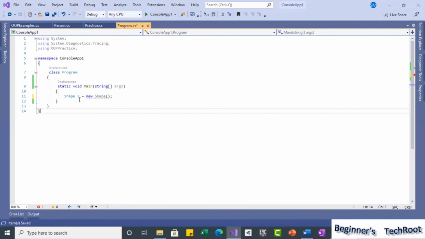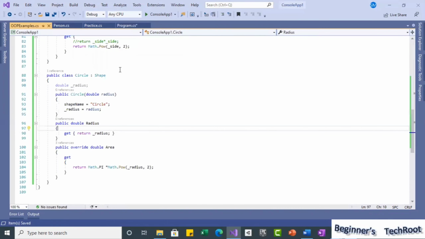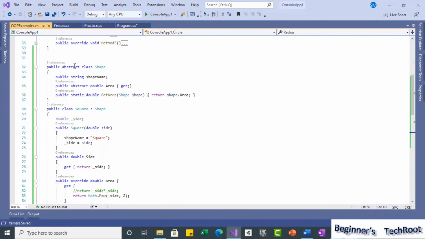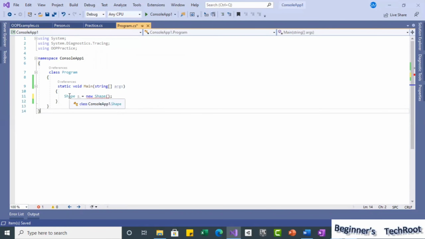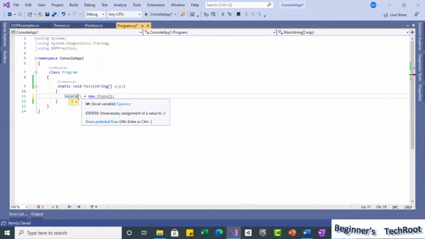Because we made the class abstract, you cannot create an object of type Shape. Okay, so that is one thing to understand. Now let's try to create a square. We have the Square class. I will put Square, new Square.